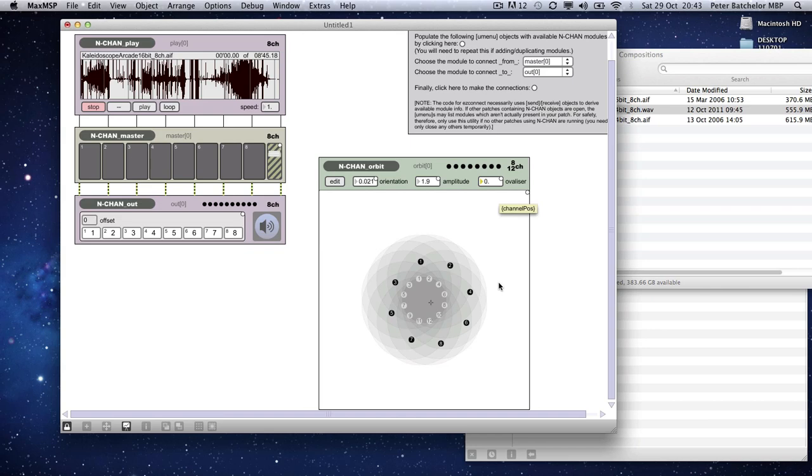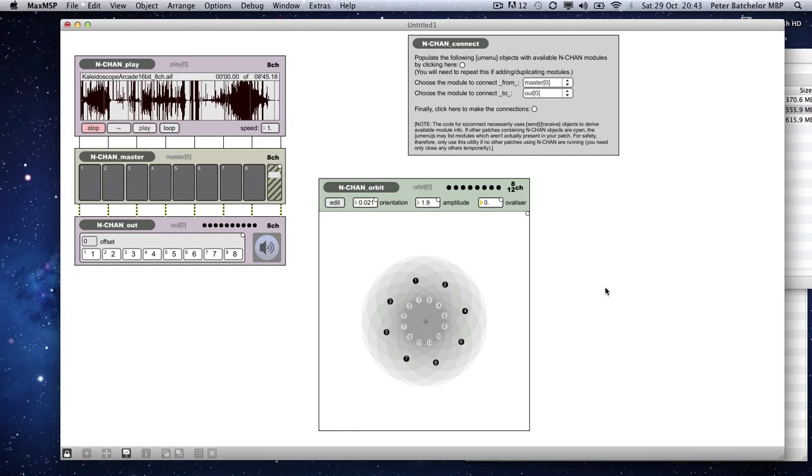So that's all very well, but what happens if I want to change any of those things without having to click on them within the clipping itself? Well, you can communicate with the clipping, as I suggested earlier. The way to do that is to use this name again and a send object. So if we make send to orbit 0,